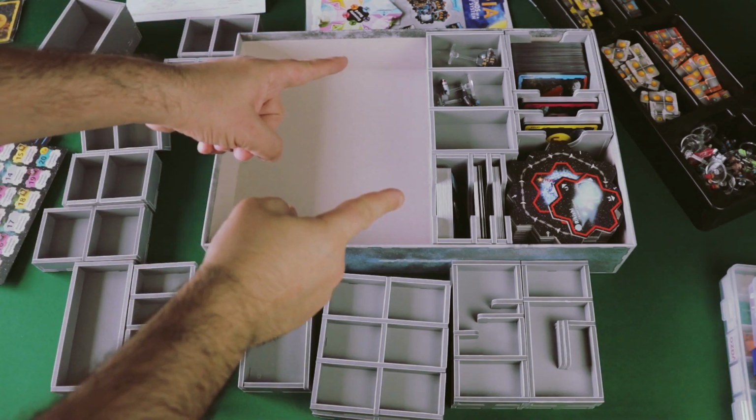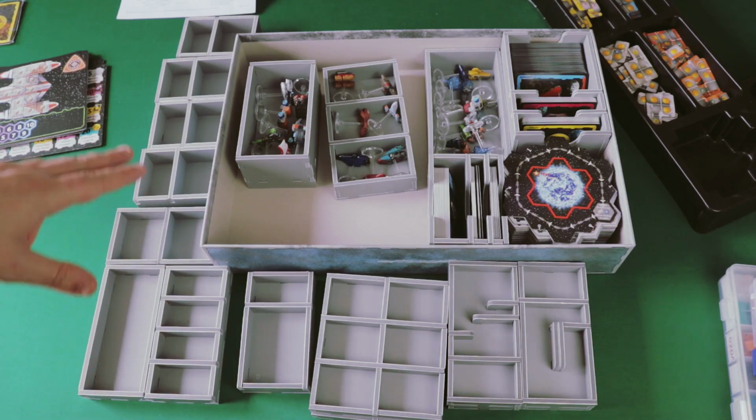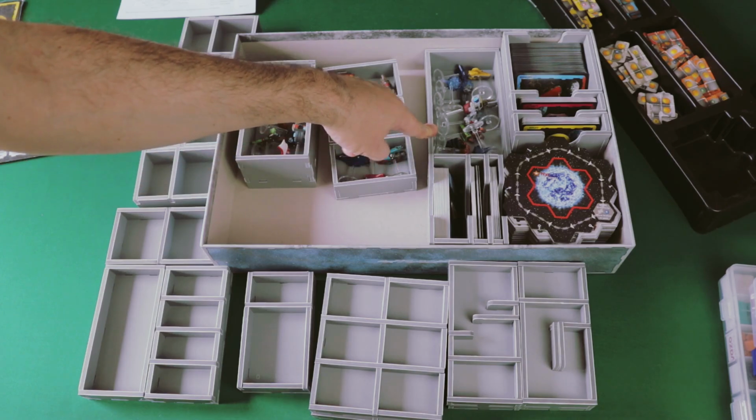I'm going to see if that's possible, and I'll be right back. All right, I'm back, and good news, it fits, it perfectly fits. This is not an option that you have. You can just use the insert as the instructions tell you to, and just fill with this tray, place it